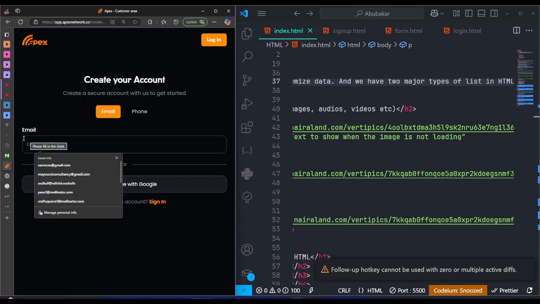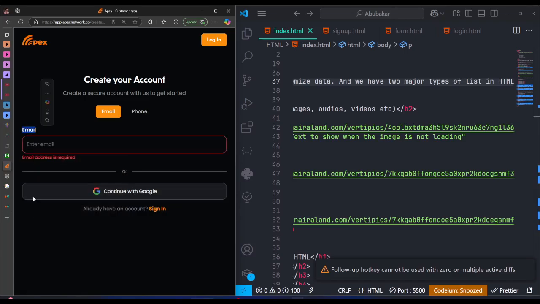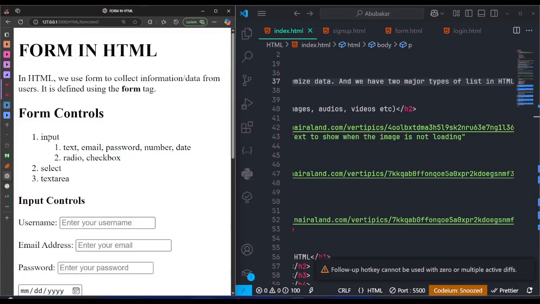How do we make sure that our box is rounded at the edge? How do we make sure that our text is white, not this black that we currently have? How do we change the background of the page and so forth like that? So we talked about all this in the CSS. Then we bring everything together, and any HTML that we've not worked on, we'll start bringing them one by one. Then after that, we go into JavaScript so that we can add interaction,